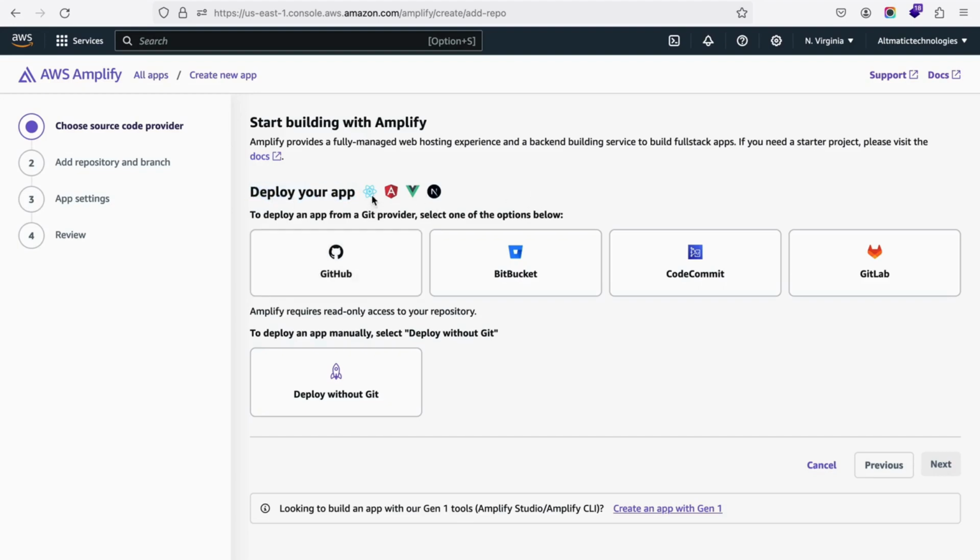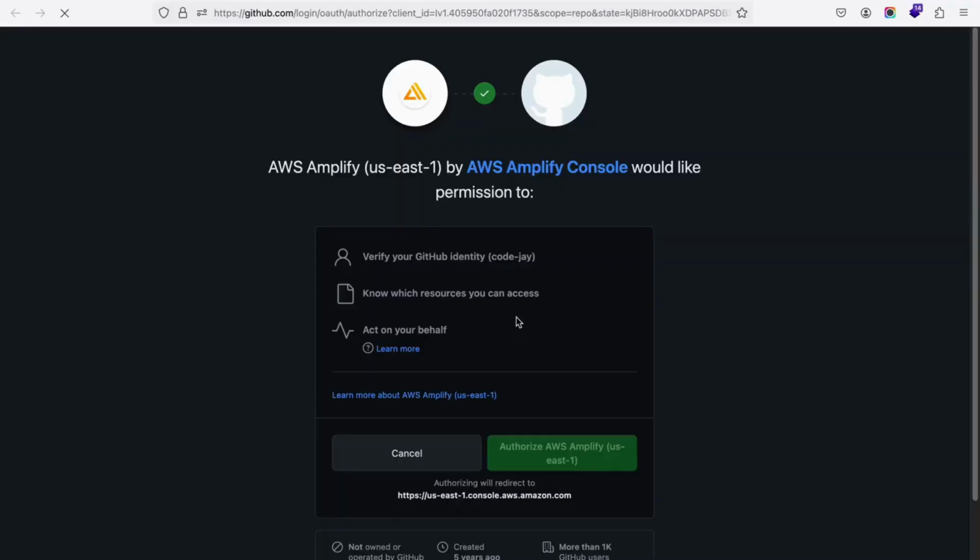So it can be React, Angular, Vue, Node, such types of applications I can deploy. If you have the code at GitHub, Bitbucket, CodeCommit, GitLab, you can use those, or you can deploy without Git. My code is on GitHub. I'm clicking this one, and now next,